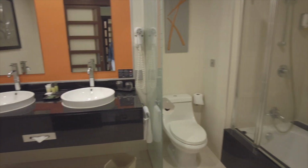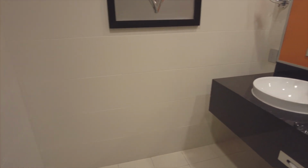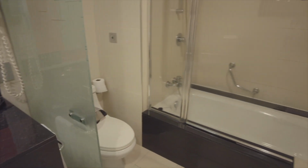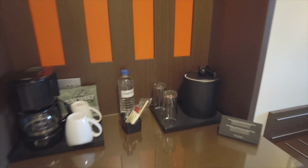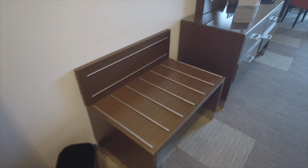And then over here to my left is the bathroom. It's pretty spacious, double sinks. Bathtub shower combo. And here you got a coffee station, mini fridge, place to put your luggage,